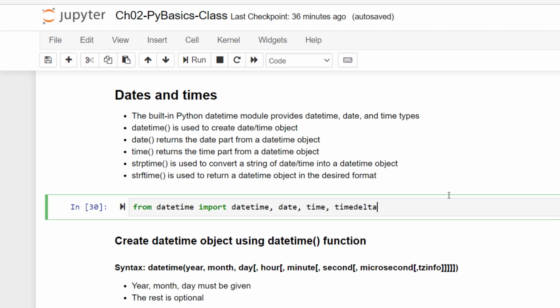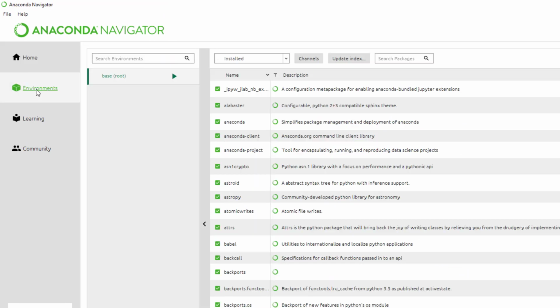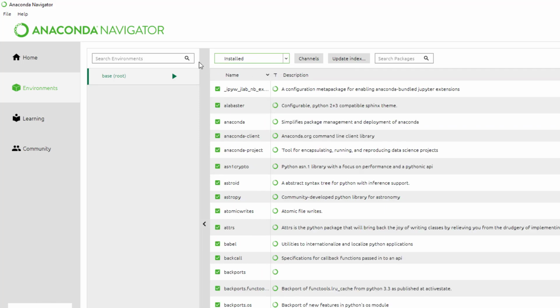To install a library that is not already there, you go to Anaconda Navigator, and you go to environments. Then you have the installed libraries right here, and you can look at what libraries are not installed. You can search for a library that you want, and you can update and all that. I'm not going to go into how to update or bring in a new library right now. When we need it, I'll show you how to do it. But right now, let's go on with